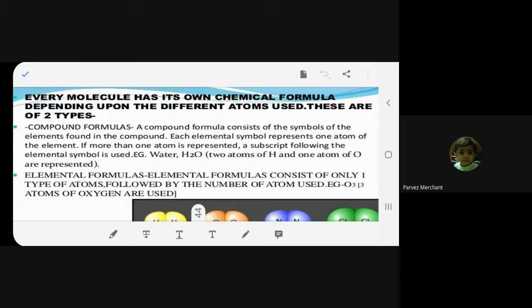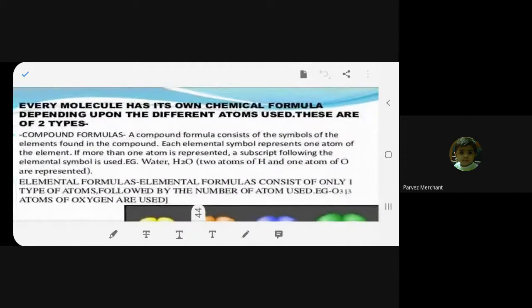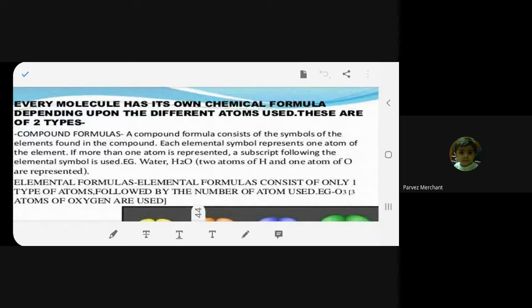Now you got the element, one type only. Whereas the compound, more than one type. Is it clear? You can see the H2O, hydrogen and oxygen. So it is a compound. Element will be either hydrogen or oxygen. Both will not be together. That's element. Compound is both. Element is either of them. Because compound is made up of elements, beta. Compound is made of hydrogen and oxygen, whereas element is either hydrogen or oxygen, both not together. Is it clear? So compound is made up of elements.